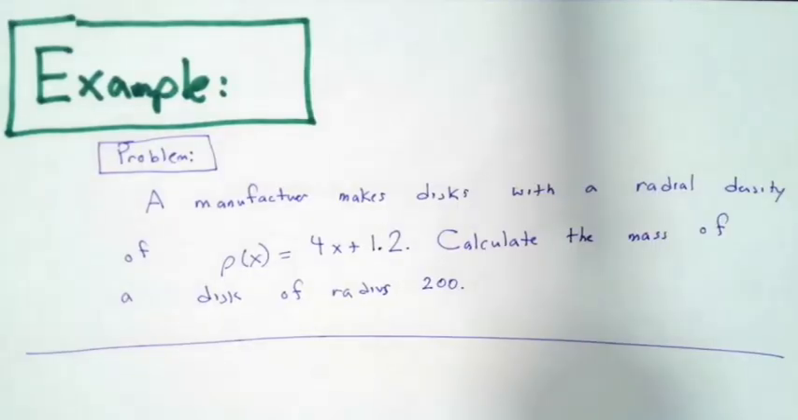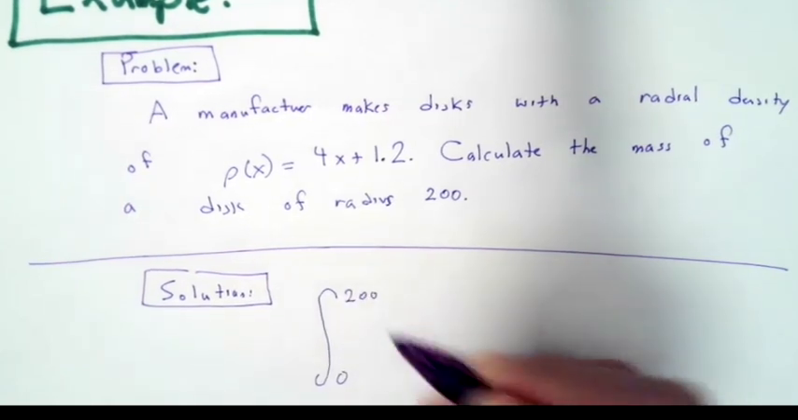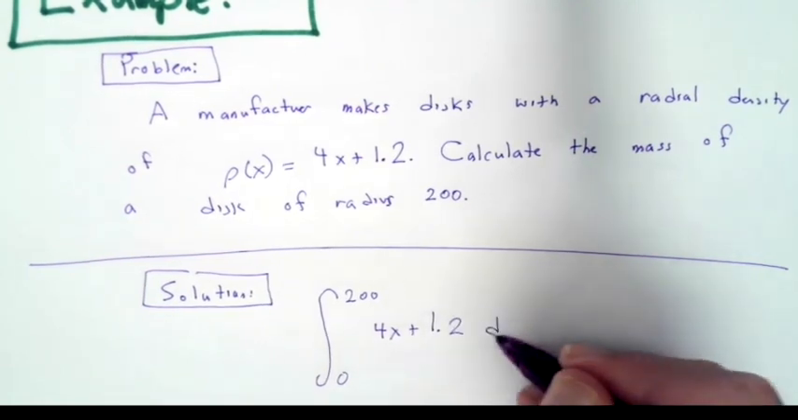Okay, a manufacturer makes discs with a radial density given by rho of x equals 4x plus 0.12. We're asked to calculate the mass of a disc of radius 200. So again, we have our basic formula, which will be the integral from 0 to 200 of 4x plus 1.2